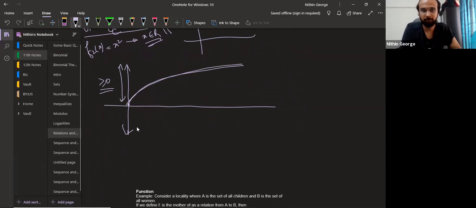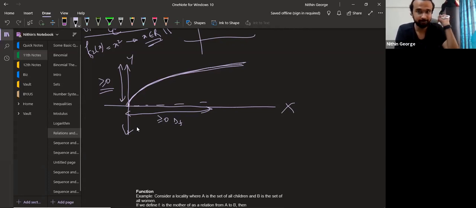Okay. Are you following? What about the domain? It will be all numbers greater than or equal to 0 only. This is the domain. Domain is along the x-axis, range will be along the y-axis on the graph. Remember that. Take any point, if it has a projection on the x and the y-axis, it's part of the range and the domain. Each x comma y that I find on this graph will have the x as part of the domain and y as part of the range.